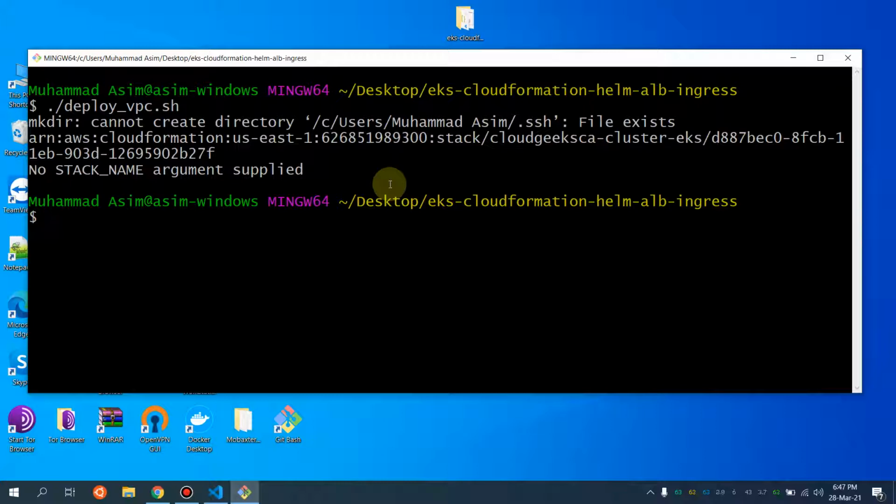You can use Choco install to install all these packages. I have already installed kubectl as well. So these are the prerequisites. You should have all these packages already installed in your system. Till then, I'm going to pause the video. My VPC stack is available. I'm going to resume.